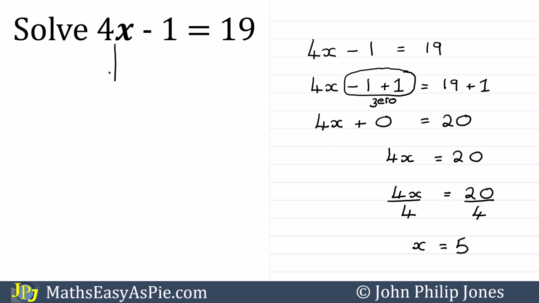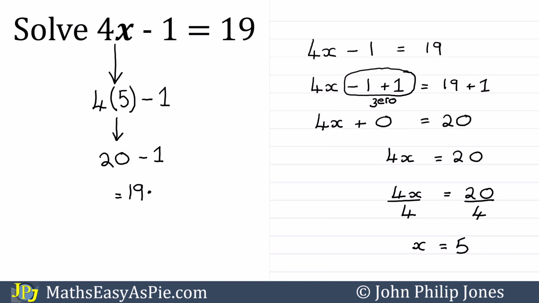Now we take this x and we substitute it into the equation. So we end up here with 4 multiplying the 5. And from that we subtract the 1. And of course 4 times 5 is 20, from which we take the 1 and we get the result of